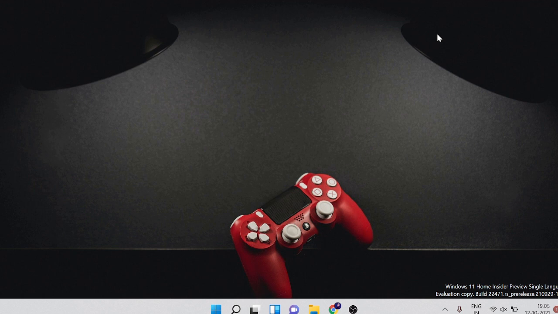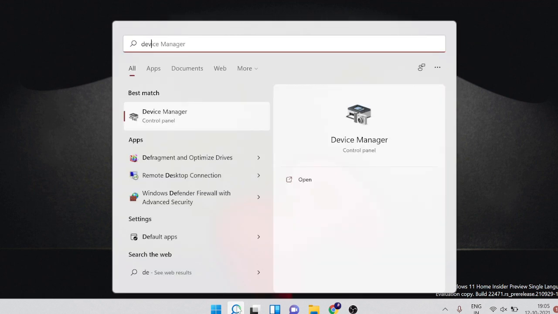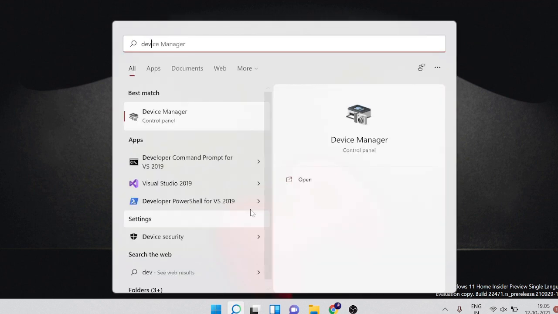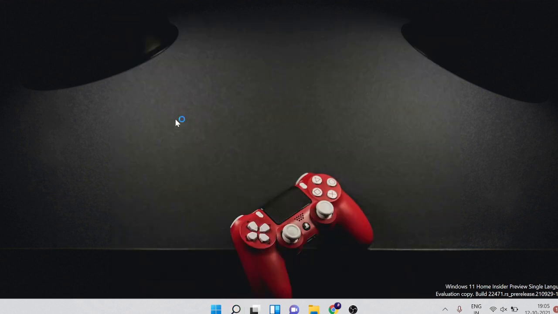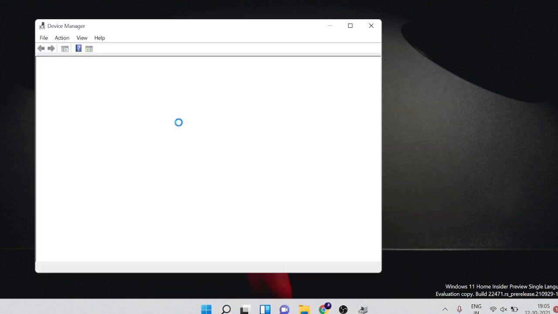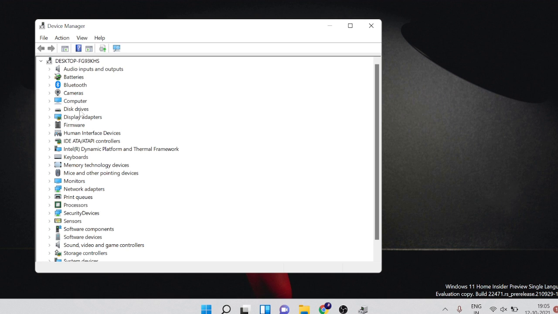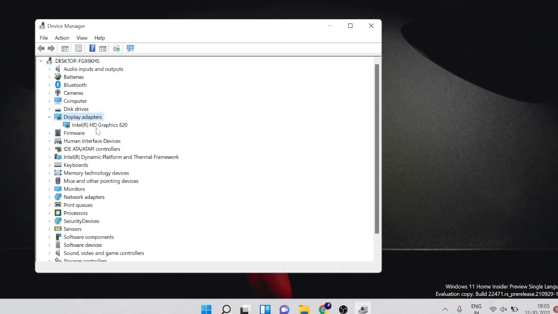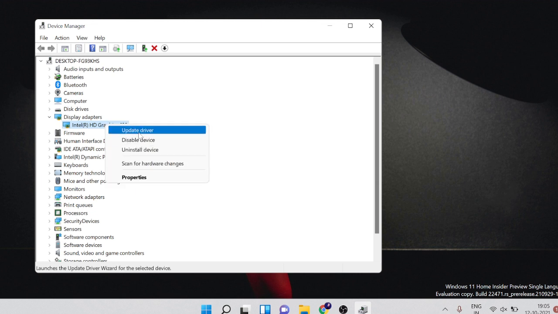And now the last thing that you need to do, you just need to update and check your graphic card. So if it's not updated or it's been corrupted or outdated, you may have the trouble. So what you have to do, just click on the search icon and type device and you will be getting an option Device Manager. And just click Display adapters and here you will find your graphic card. Okay, I don't have any external graphic card, but in your case your external graphic card will be displayed here. Just make a right click on it and then choose Update driver.